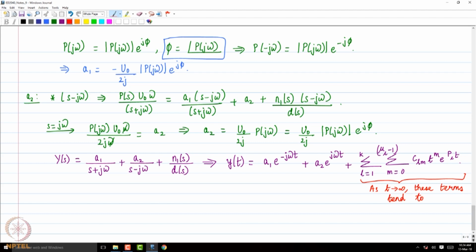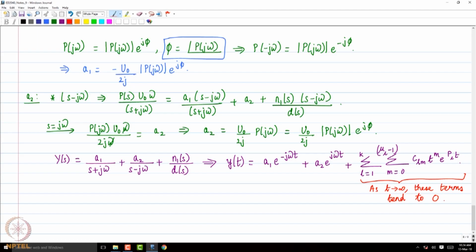Stable system means all poles are on the left of the complex plane. So, what can I say about the exponential terms? What will happen to them? It does not matter whether the poles are real or complex conjugates. It does not matter what is going to happen to all the terms as t tends to infinity. They are going to tend to